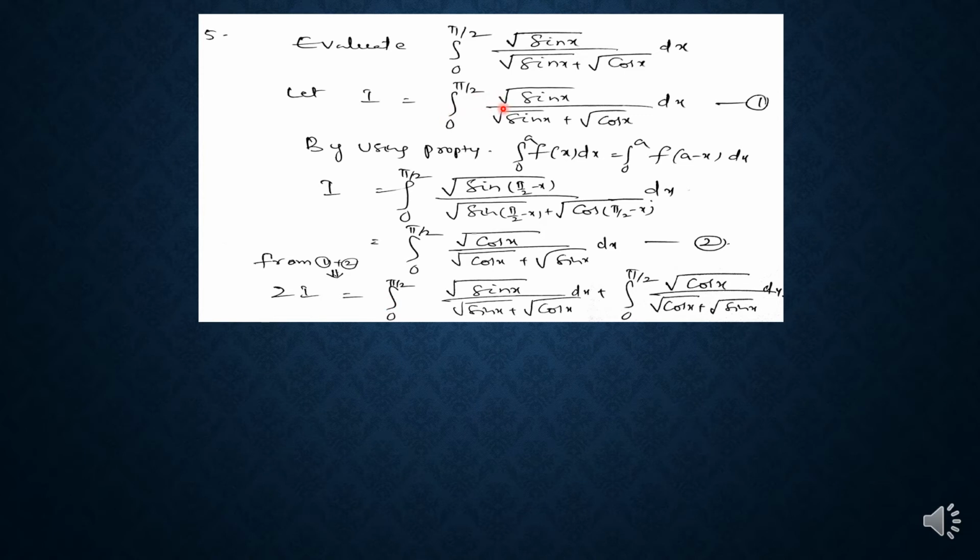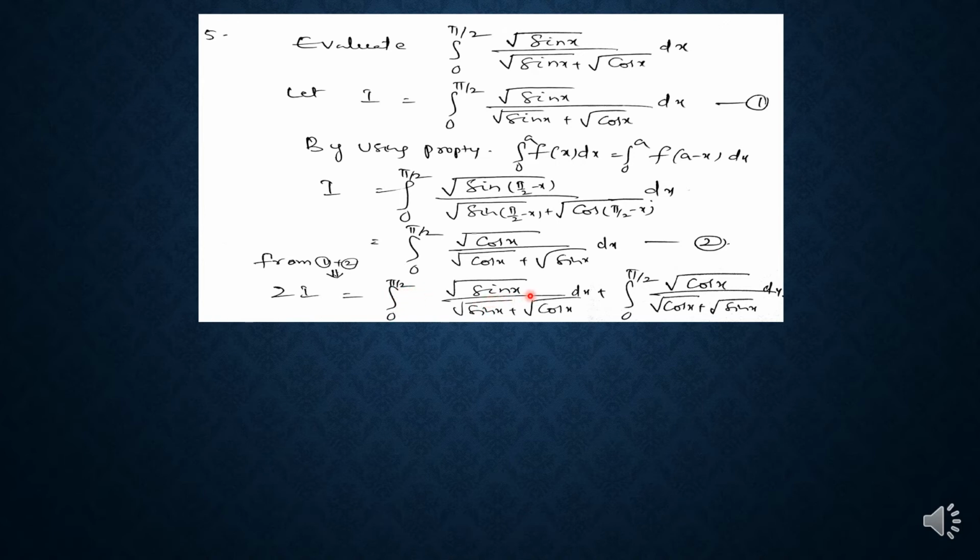First equation is this one, integral of root sin x by root sin x plus root cos x dx, plus the second equation is integral 0 to pi by 2 root cos x by root cos x plus root sin x dx. So here the limits are the same for both the integrals. So we can write these two integrals together in one integral, that is integral 0 to pi by 2